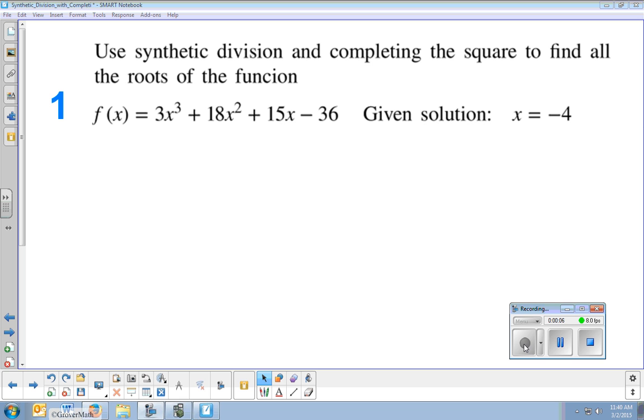All right, in the previous video and lecture, we learned how to do division with synthetic division, and that got us quotients, remainders, and so on. What we're doing now is we want to find all of the roots of a function. And so I'm actually going to skip this example here on number 1